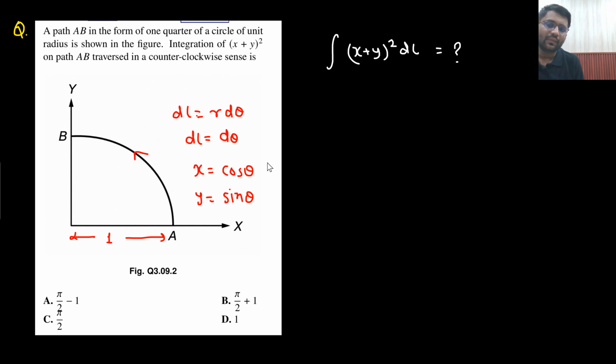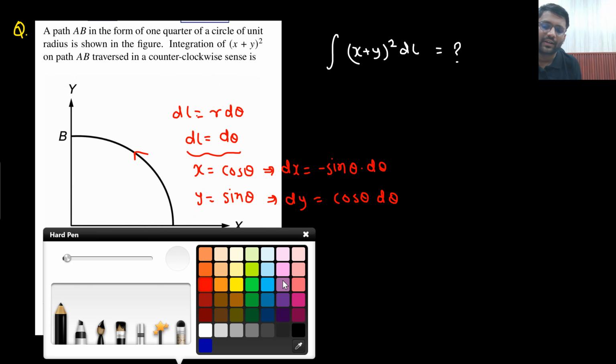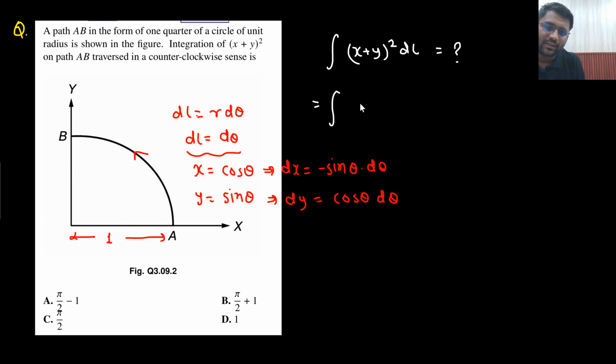Right? So what will be dx? dx will be minus r sin theta d theta, minus sin theta d theta. And what will be dy? dy will be cos theta d theta. And in the direction of theta, how much do you move? You move d theta. So how can I replace it? I can replace in this manner, x as